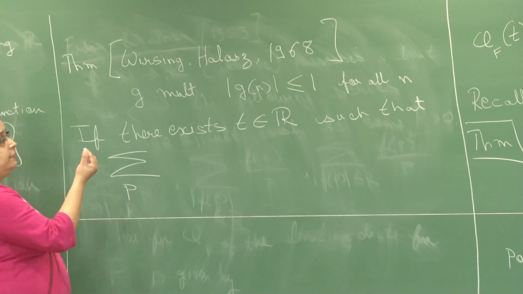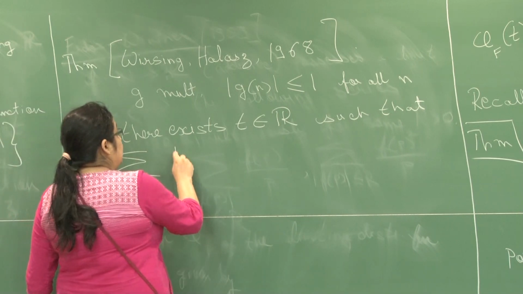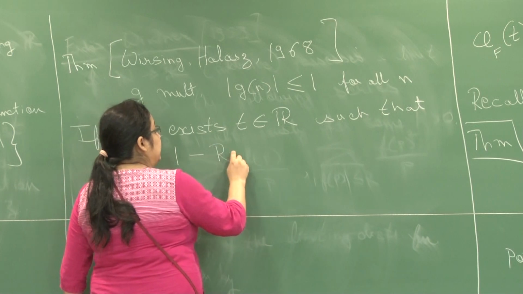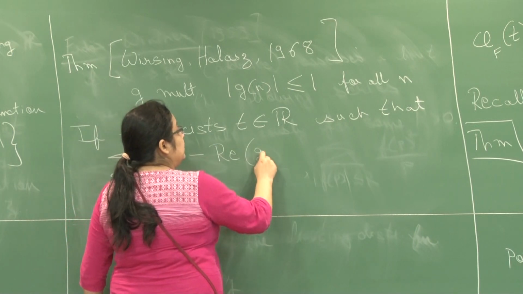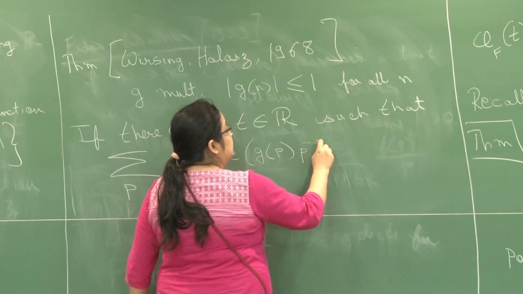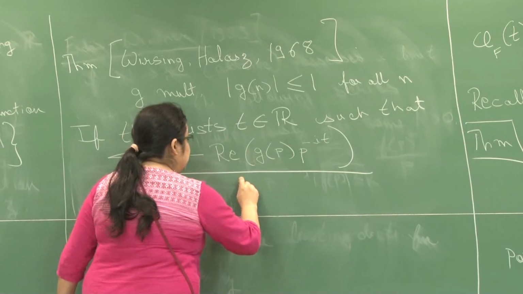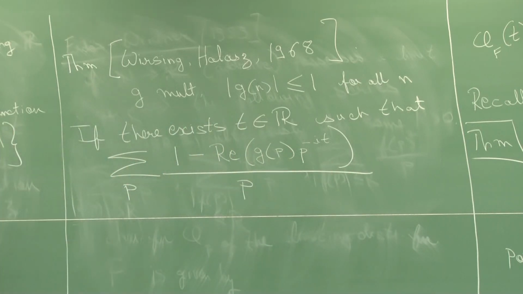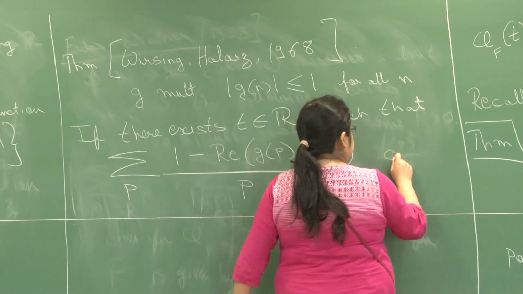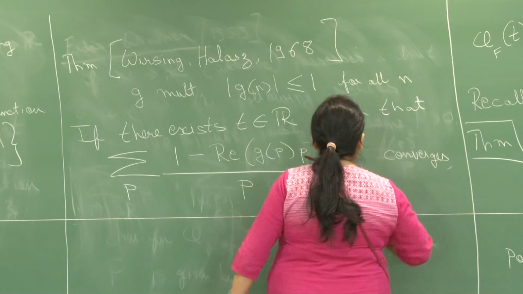So, if you can give me some real number t, whether 0 or non-zero, just some real number for which the series given by the sum over p of 1 minus the real part of g of p times p raised to the minus i t, over p, converges, then